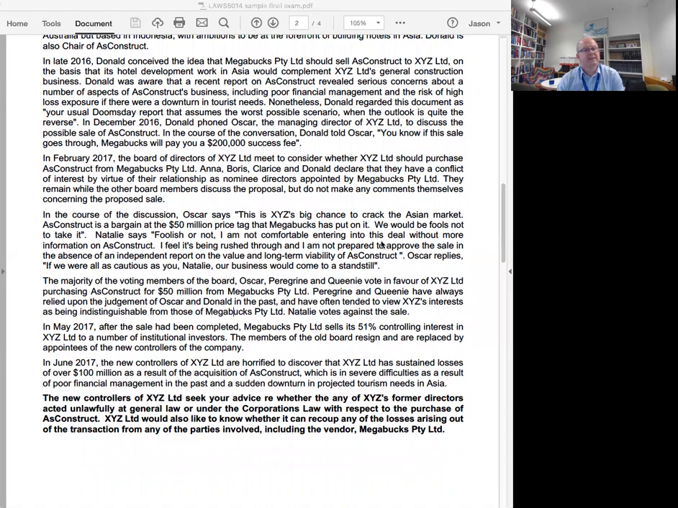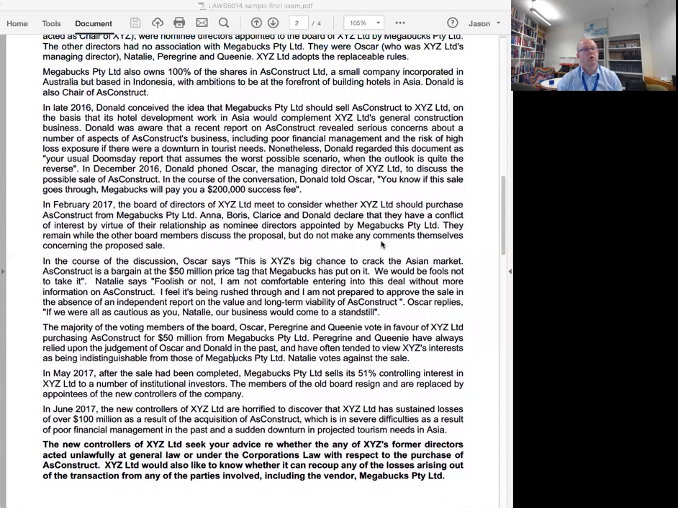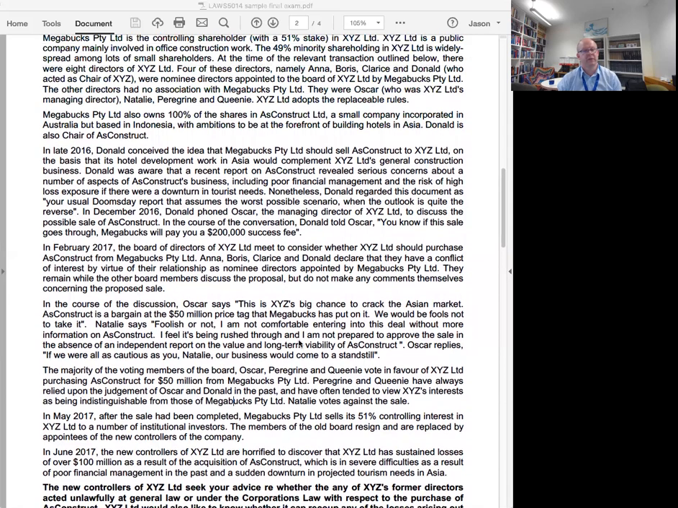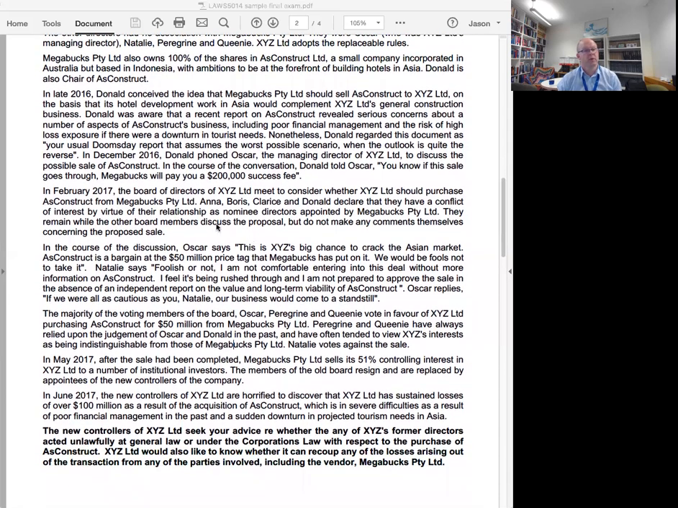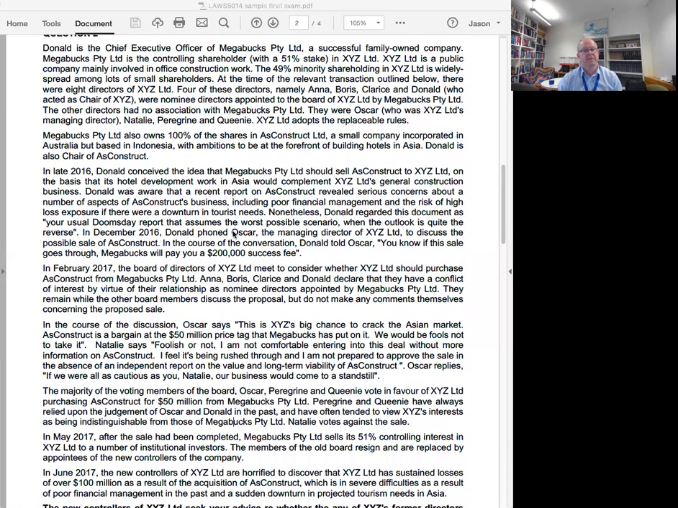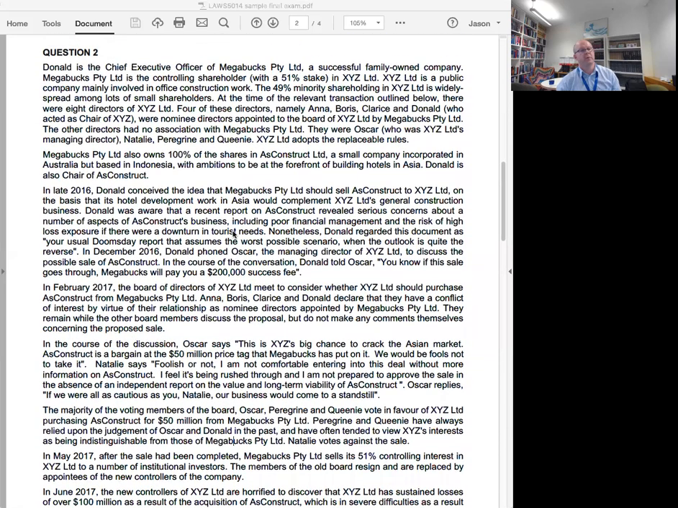The board of directors meets to consider the proposed acquisition. Anna, Boris, Clarice and Donald all say that they have a conflict because they're nominee directors. They remain while the board discusses the proposal, but they don't make any comments themselves concerning the proposed sale. Right, so this brings up the 194 issue and the 195 issue. 191 rather. So with 191, the duty to declare material personal interests,